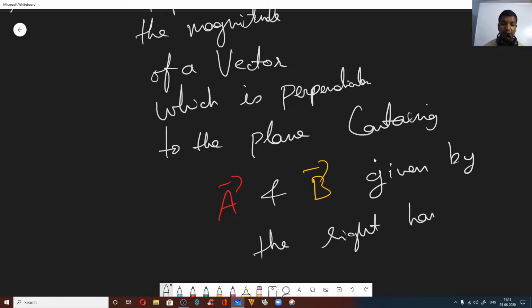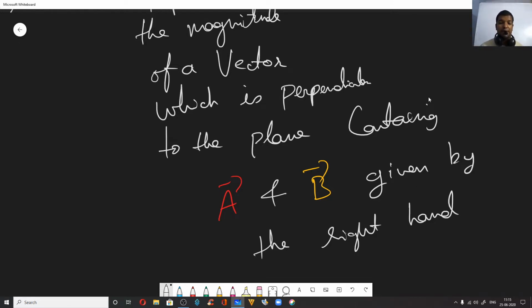Now I believe you have used the same right hand rule to find out the magnetic field when current is given. So you have actually used it in your electromagnetic induction, correct? Yes, so there also you have used it. And in magnetic effects of electric current when you were studying in your 10th standard, probably.